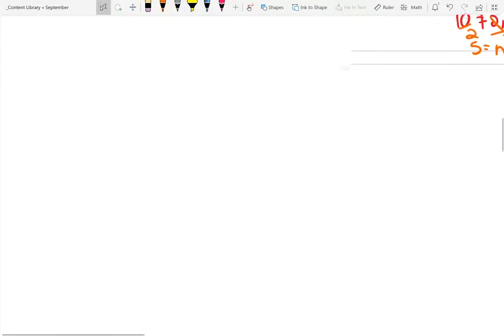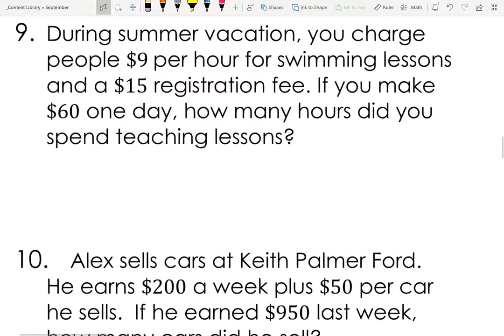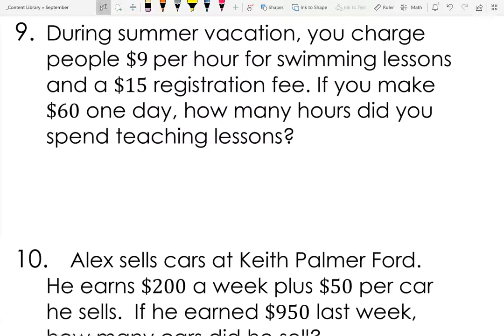So now let's move on to number 9. Number 9, during summer vacation, you charge people $9 per hour for swimming lessons and then $15 registration fee. If you make $60 on one day, how many hours did you spend teaching? So think about it like this, right? You have $60. Now, 15 of that was from the registration fee, right? So if you take away 15,